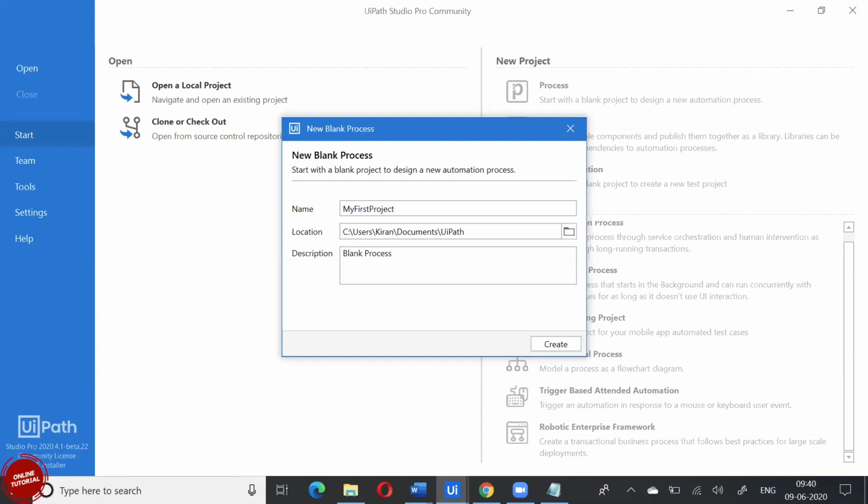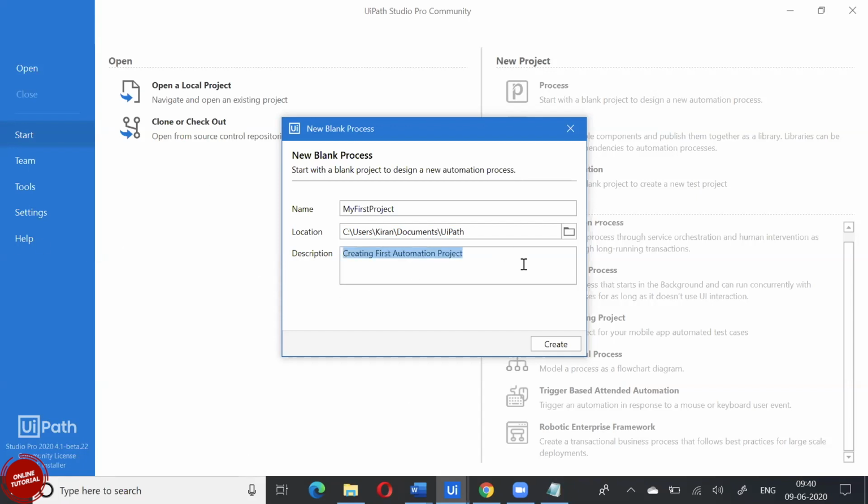As I said, this is your default path. You can change it wherever you want. This is one way of changing, and I'll tell you the other way also. You can give any description that you want. Description is anything of your choice.